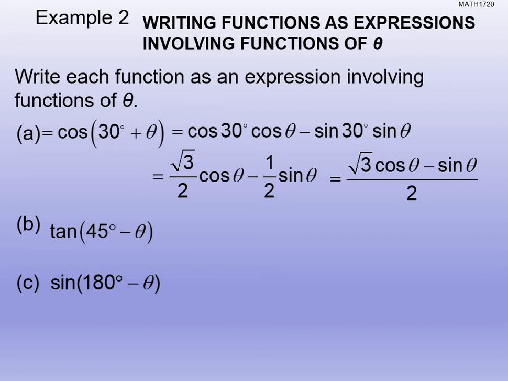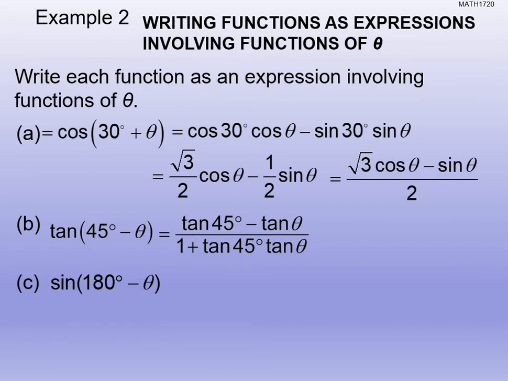All right, let's take a look at the next example here. That's our tangent difference identity. So we have tangent of 45 minus theta. We apply it to our tangent difference identity. Look at your trig identity sheet and replace A with 45 and B with theta. So we end up with tangent of 45 minus tangent of theta all over 1 plus tangent of 45 tangent